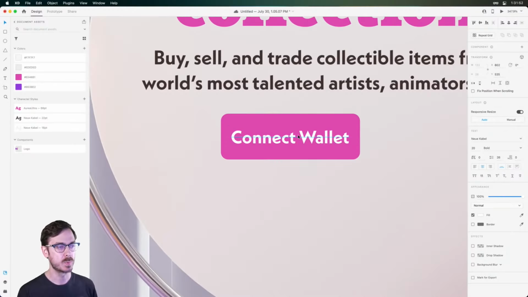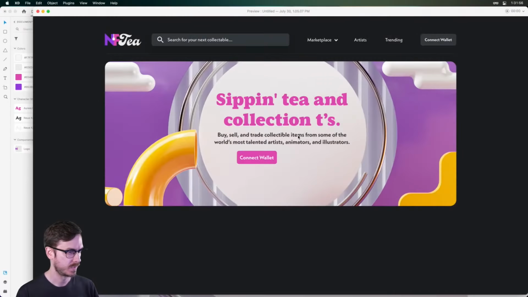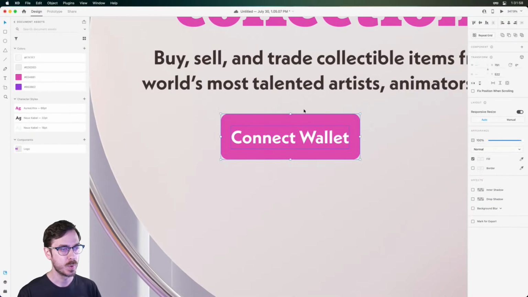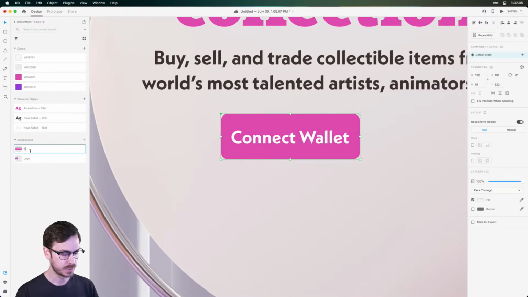And for something like this, what we're definitely going to want to do is turn this into a component, right? So I'm going to select both of these elements here. I'm going to press the plus button in my document assets to create a component, and I'll just call this button